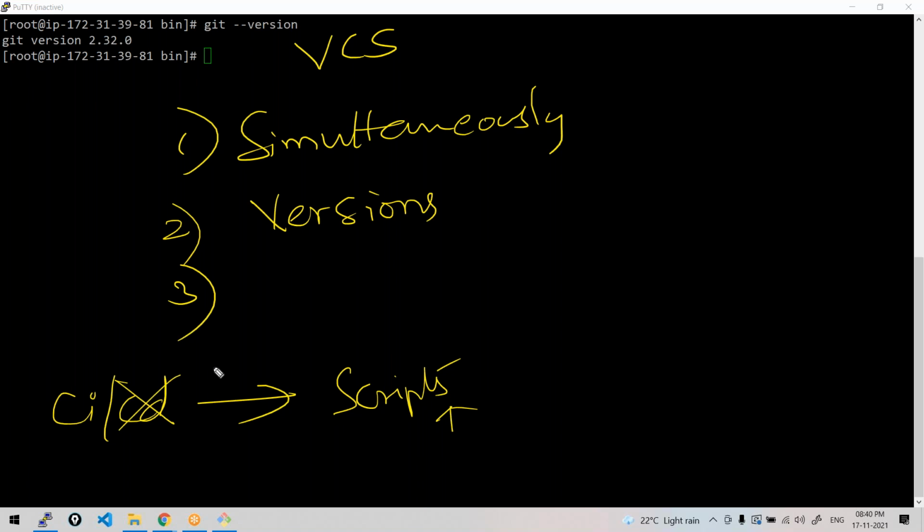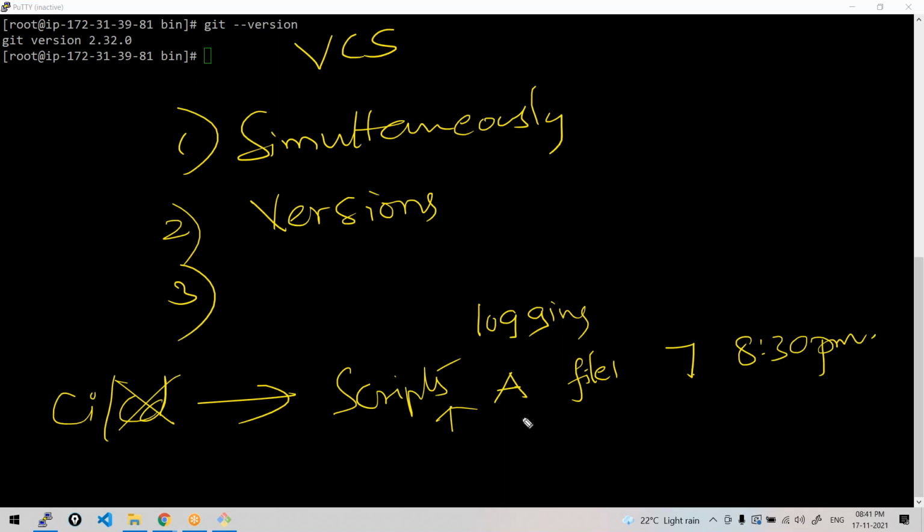Immediately I need to figure out the pipeline and do the deployments automatically to production. But first I need to identify what went wrong. Means I need to have detailed logging. What is meant by log? What are log files? I need a detailed history of the changes made, like DevOps person A made changes to file 1 on line number 7 at 8:30 p.m. today. 10 minutes back, some person made changes on this file, on this line.